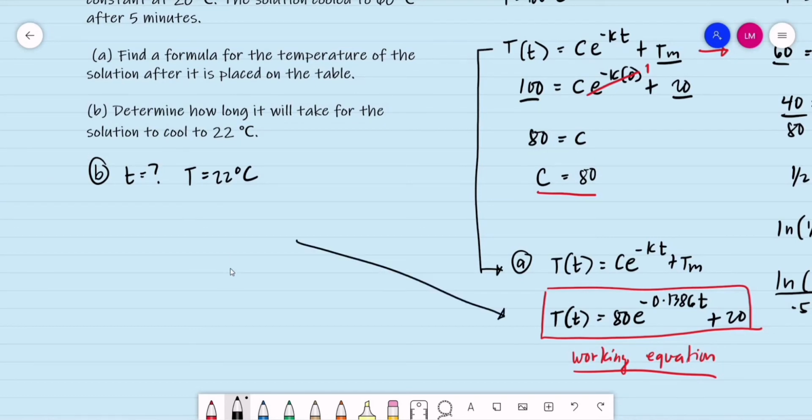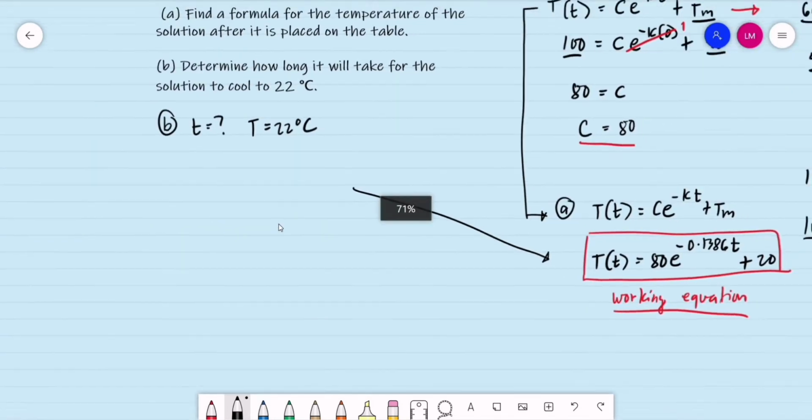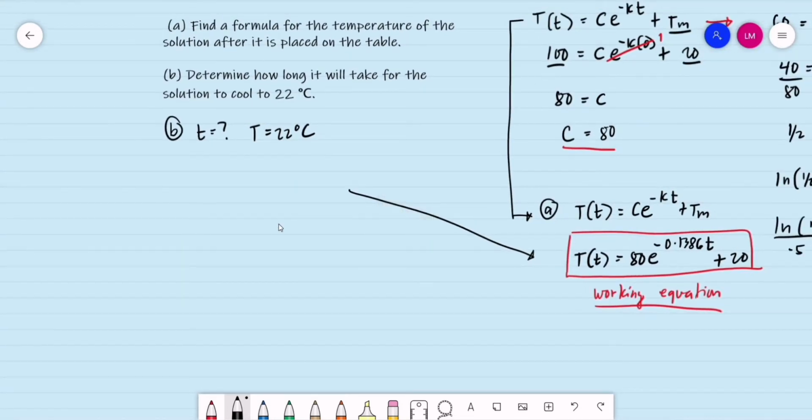So we are just to copy this equation. The temperature at any given time t is equal to 80 e raised to negative 0.1386 times the time t plus 20 degrees Celsius. So the temperature is 22 degrees Celsius. So that is, we are writing 22 equal to 80 e raised to negative